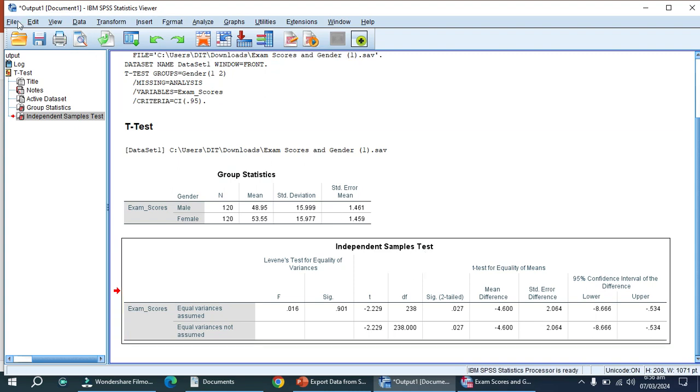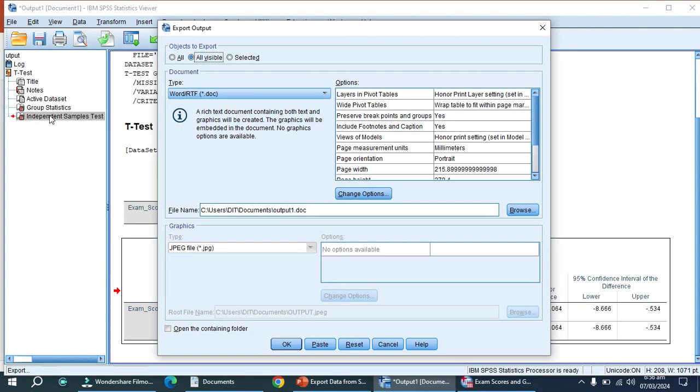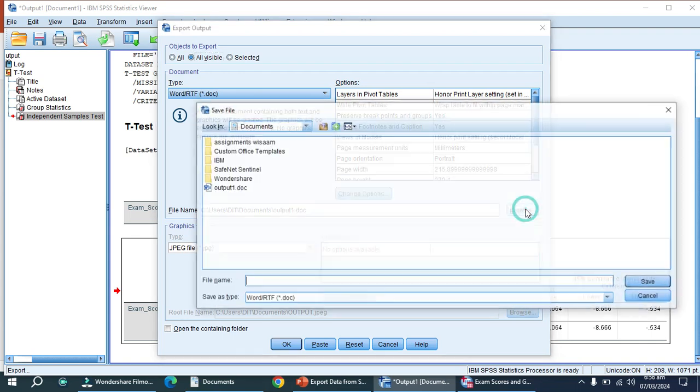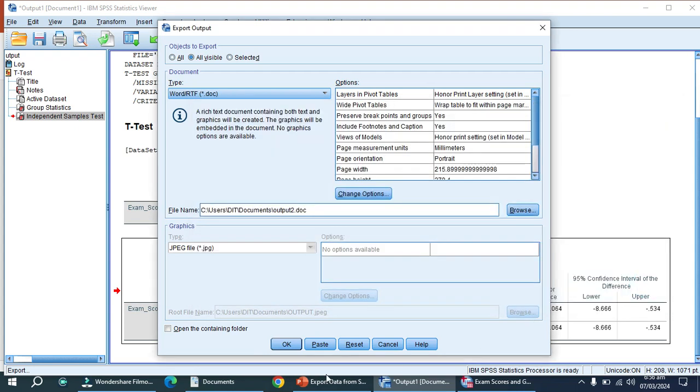For this, click File, Export. This dialog box opens for you. You will select All Visible, then press the button Browse, and here you will name your output and save it. Here you will decide where you want to keep it. I am going to keep it in Documents, so press the button OK,